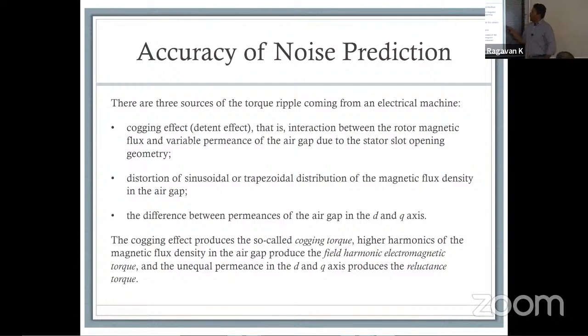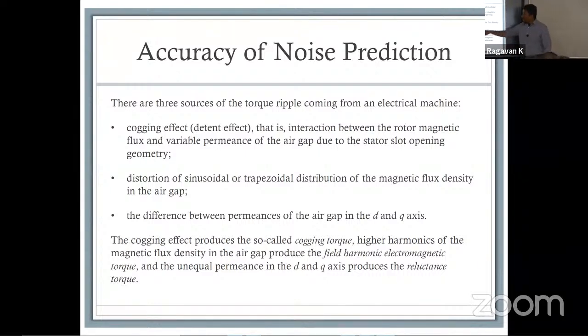Okay. So, in terms of noise prediction here, we have cogging torque, we have the distortion. We normally want to apply sinusoidal waveforms. When you apply a trapezoidal waveform, by definition, you're introducing harmonics, right? Anything that's not a sine is basically noise. Anything above the fundamental frequency is considered to be noise, which means for a trapezoidal waveform for a BLDC, you are going to get noise from it.